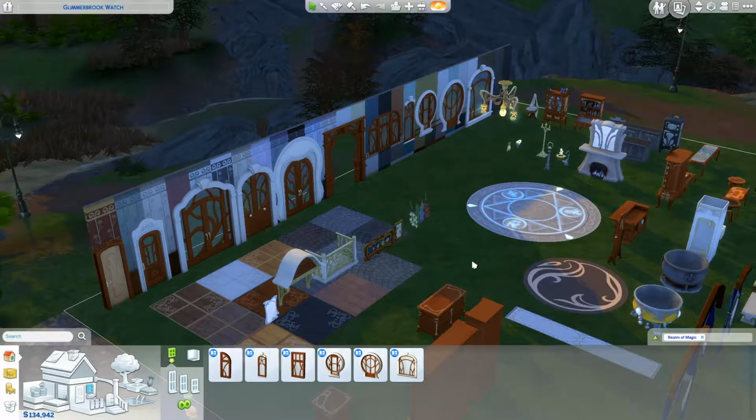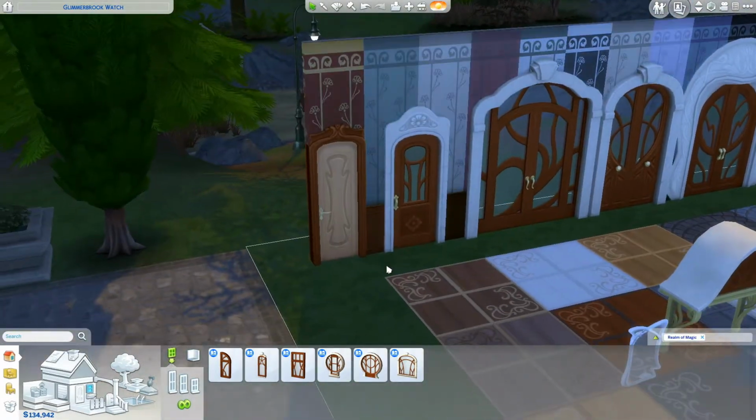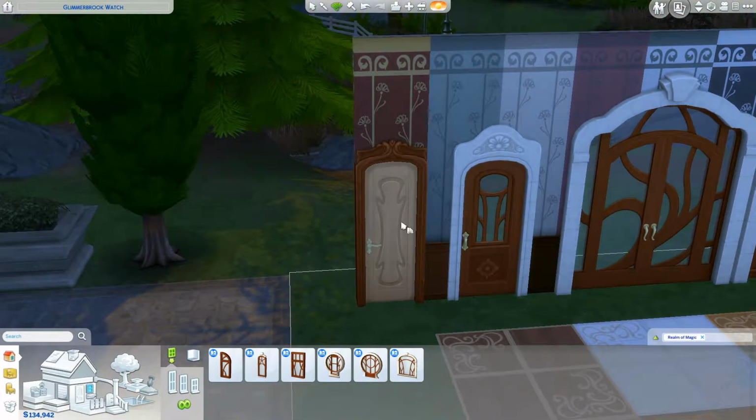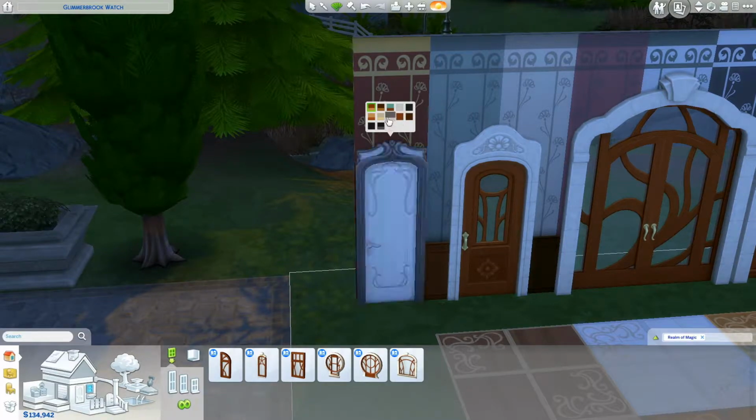Hey everyone, and welcome to a look at the new build and buy assets from The Sims 4 Realm of Magic, the new game pack. So we'll start over here. We'll just look at the doors and then I can delete them so we can show the wallpaper behind them. So we've got these doors here which come in a lot of different colors, which are really nice,